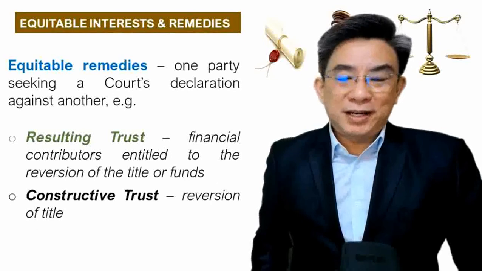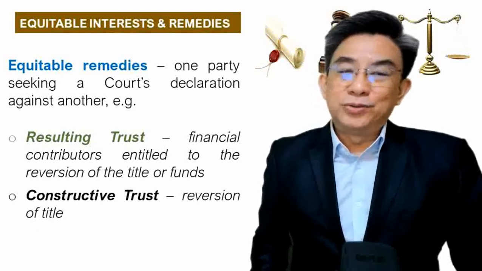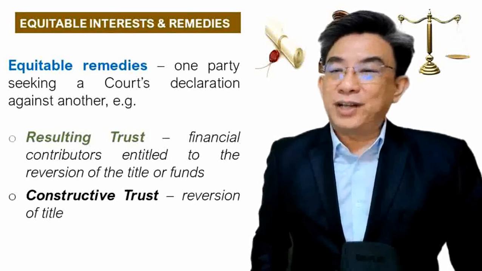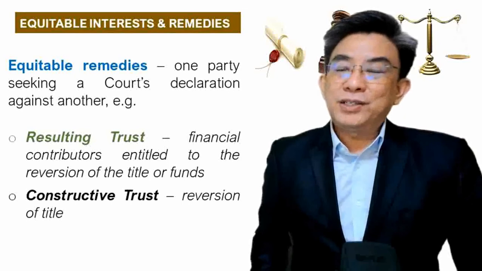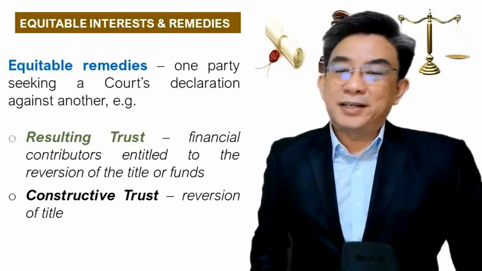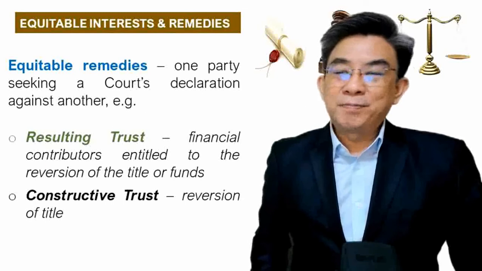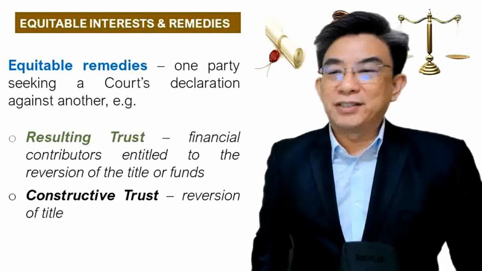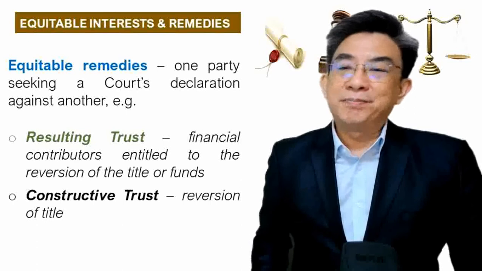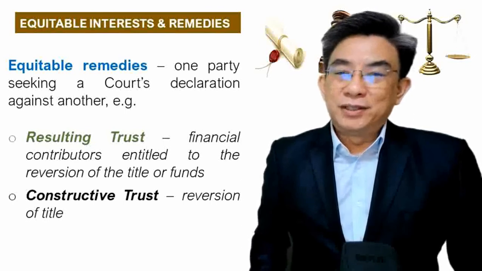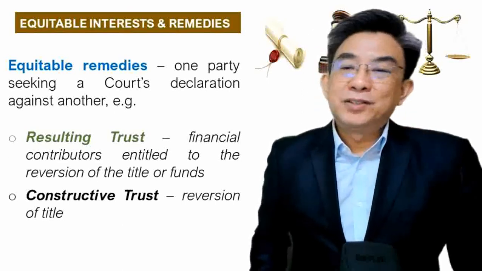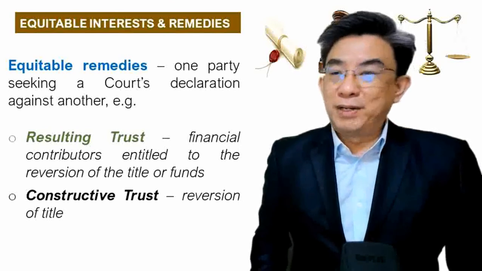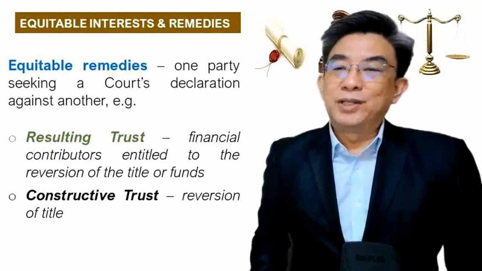Now, sometimes parties sue each other, so they go to court to seek the court's declaration. I have four examples for you. Sometimes in a dispute over real estate, it is very difficult for the court to say, okay, you pay him 1 million or you pay him 300,000. That is called a legal remedy. But usually the court will just look at the situation, and equity will then intervene. Equity means justice and fairness, so they will rule according to what they believe is just and fair to the parties.